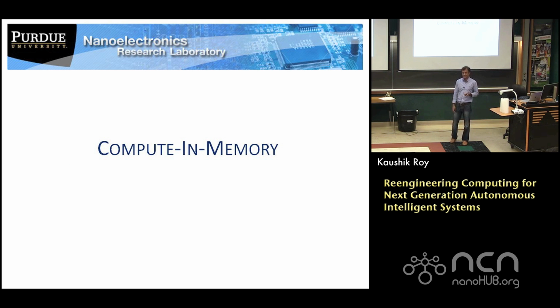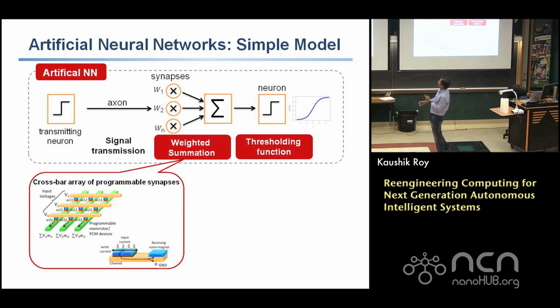Can you do other things? Yes. I talked so many times about compute in memory. This was my neural network's basic computation unit: the inputs coming in are multiplied with the weights, and I needed to do addition. It's a very simple computation. Can I do it in a very, very simple way, rather than going to the memory, fetching the data, coming back from the memory, and so on?